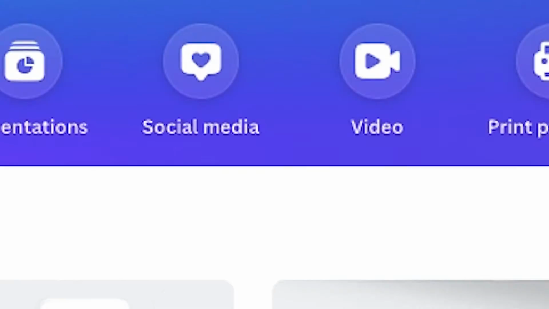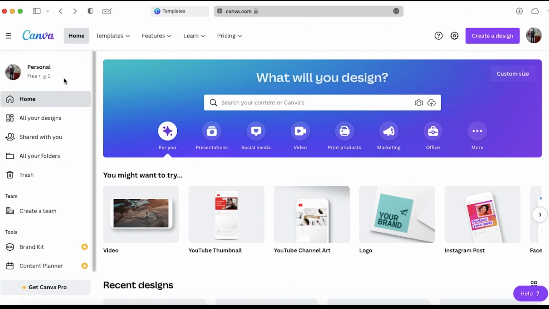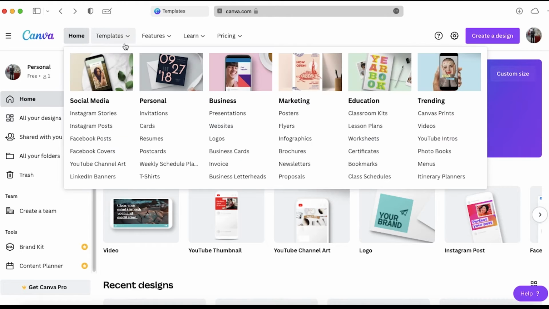Let's jump in. So I just opened Canva in my browser. If you just go to canva.com, you'll find a similar interface. You can just create your own account. I'll make sure to keep a link in the description below. Now once you go to Canva, the first thing that you have to do is to go to templates and